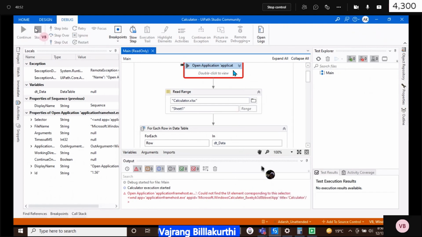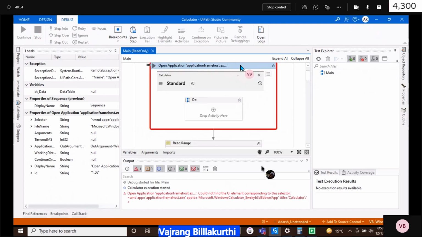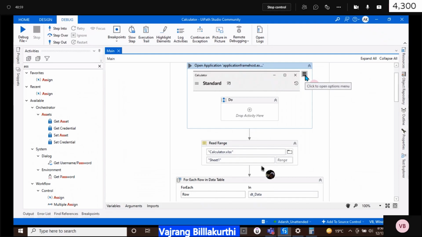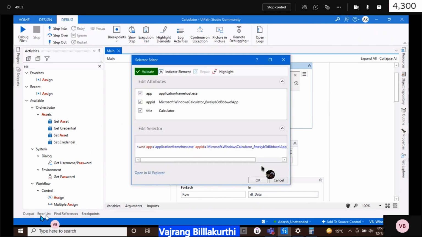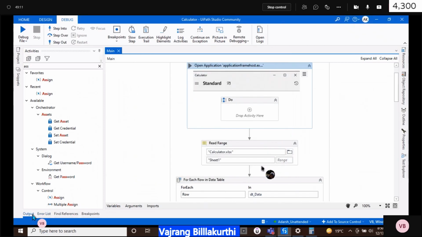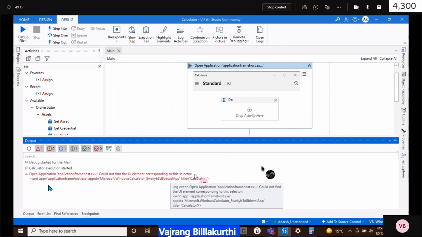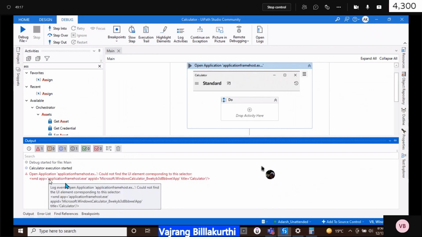If you observe in this particular attach or open application, see open application, edit selector. You need to check the output and the error list whenever there is an issue. See, open application could not find UI element corresponding to this selector. Application host framework, app ID, Microsoft calculator.